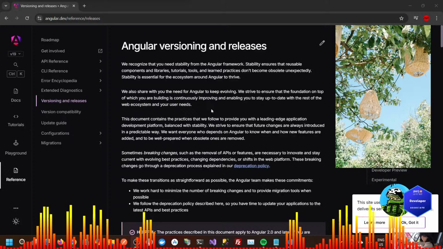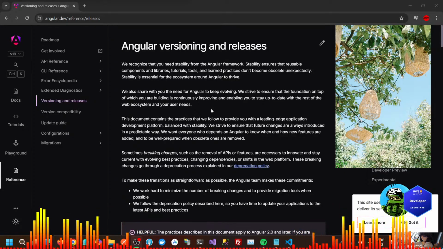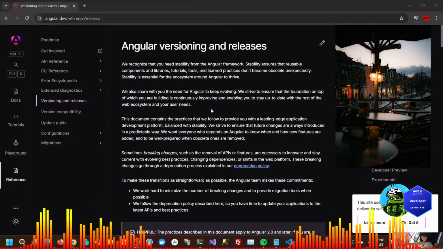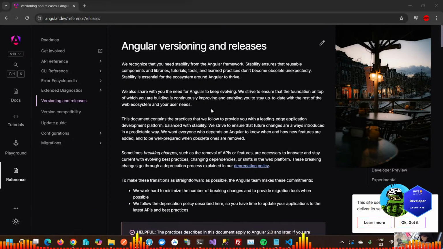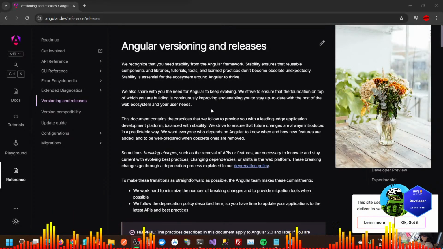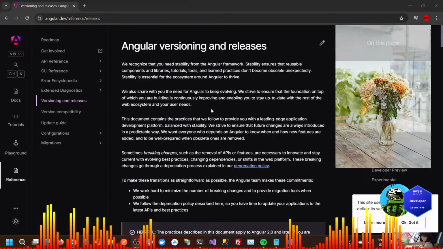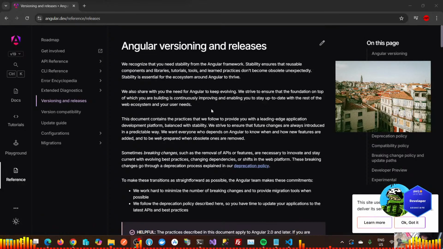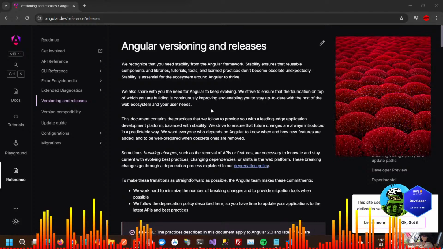This document contains the practices that we follow to provide you with a leading edge application development platform balanced with stability. We strive to ensure that future changes are always introduced in a predictable way. We want everyone who depends on Angular to know which and how new features are added, and we need to be well prepared when obsolete ones are removed.